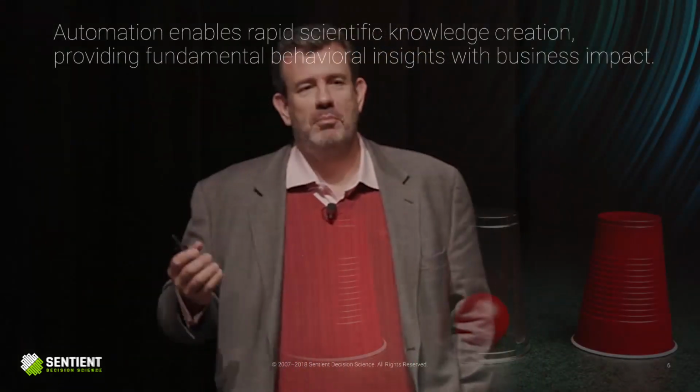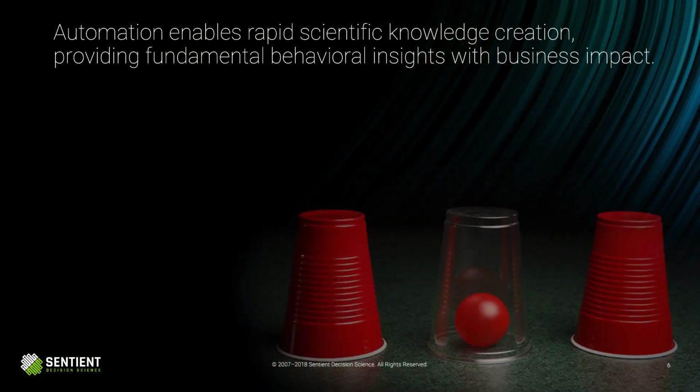And the same is true here of what these guys are doing with automating research. It's actually to get scale into your sample, because then you can generate behavioral insights that you can actually rely on. And if you don't have those, why bother doing the research in the first place? So here are some lessons that we have learned in working with Sentient on this particular project,